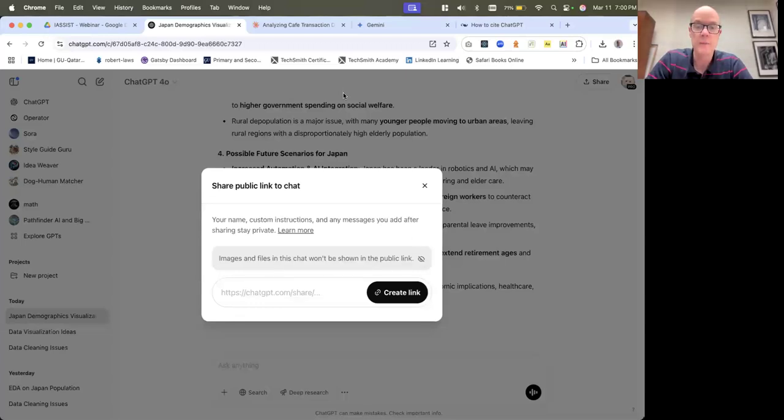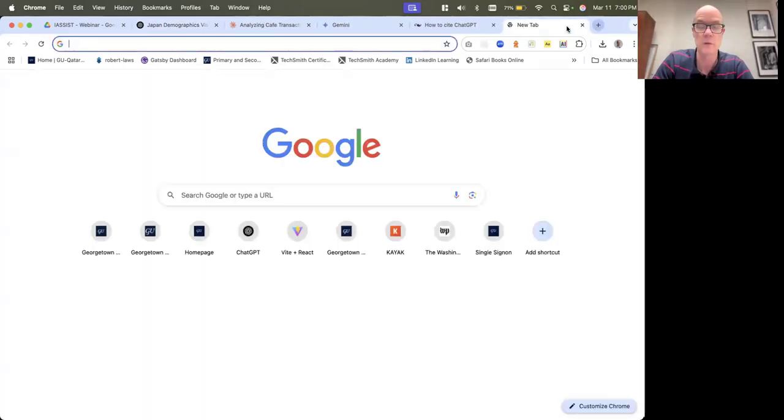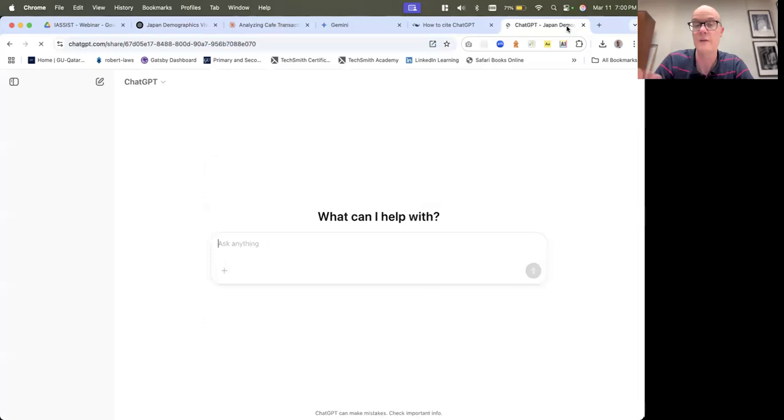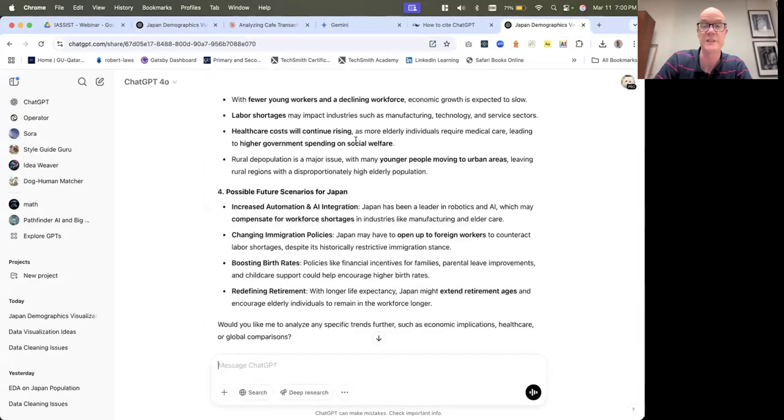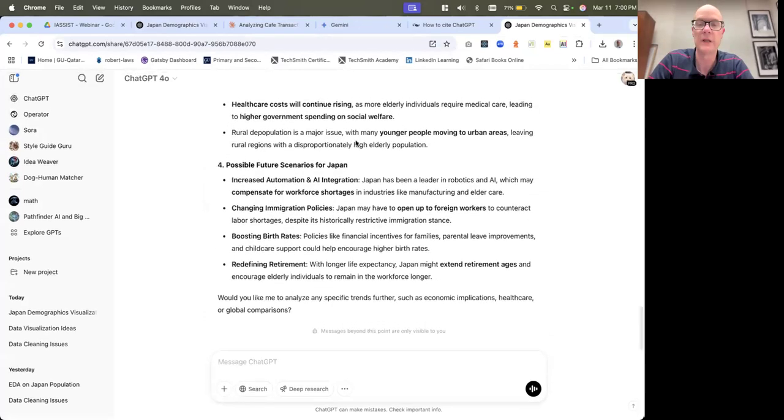This allows me to create a public persistent link, as long as I still have the account and I pay. I can make it discoverable, but at the very least, I would just want to copy it, and then whoever wants to see it can get back to my actual full chat, so they can see the whole thing from start to finish.